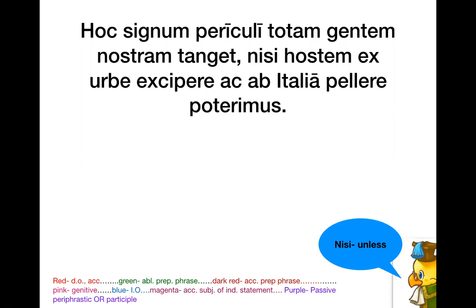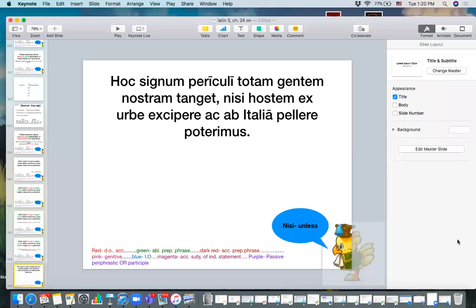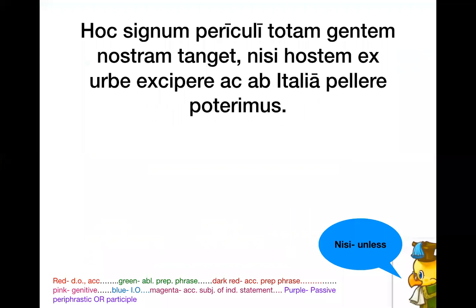Yeah, that is an infinitive. Oh, no, because our good friend that we were just talking about, not seeing this guy much anymore, but he's here because of Poterenus, so that's fun. Maybe that's the best space for that. So hoc signum. What's hoc signum? This sign. Periculi can only be one case since it's from periculum. Yeah, it has to be. It can't be nominative plural. So this sign of